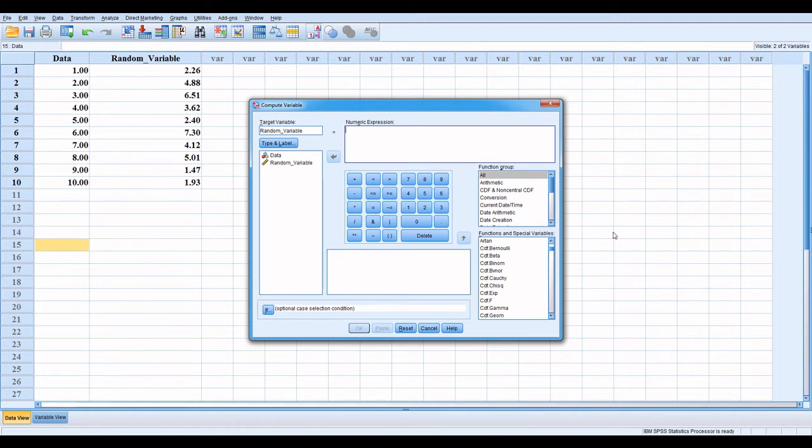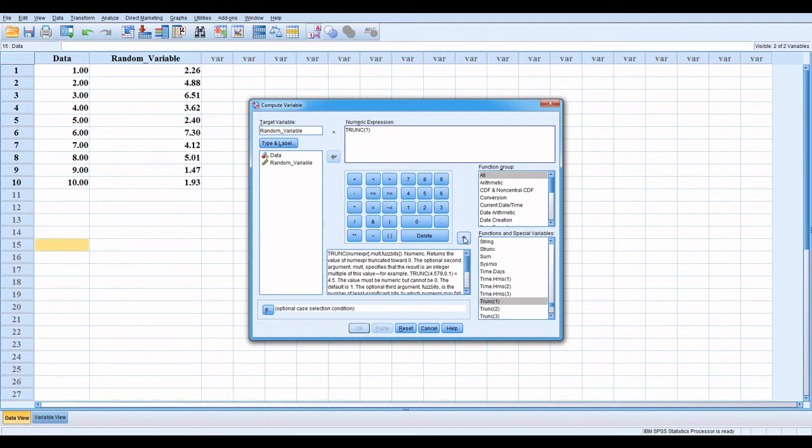Erase this numeric expression. Trunc command, search trunc command here. Trunc command remove decimal numbers and you remain with your whole data. Here is trunc command. Drag this in numeric expression because we perform this.